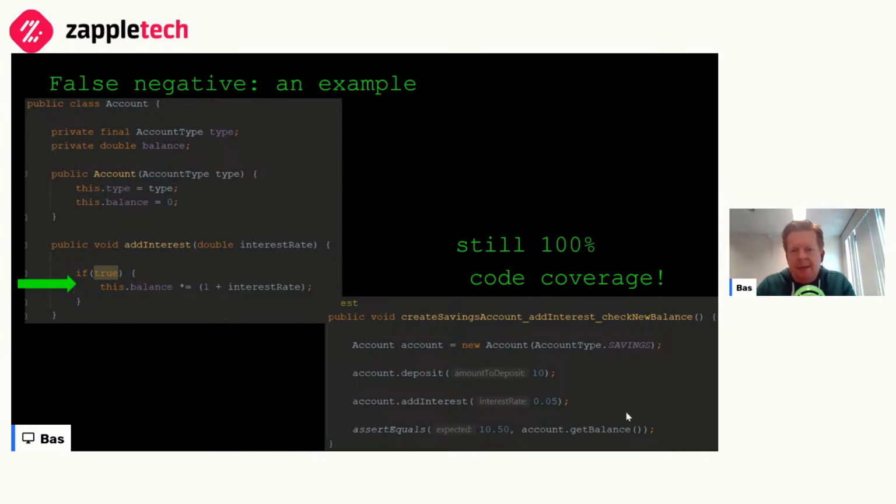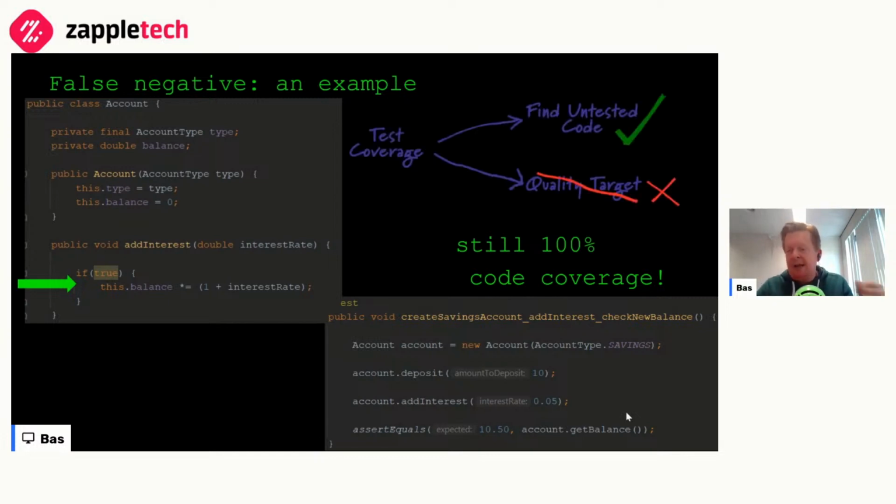Which is why Martin Fowler already said, and I'm just stealing this from him, test coverage can be code coverage, but in this example it's code coverage, but I'm talking about all kinds of coverage, really.